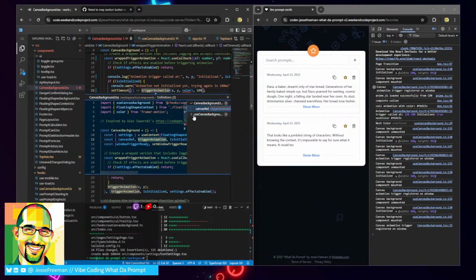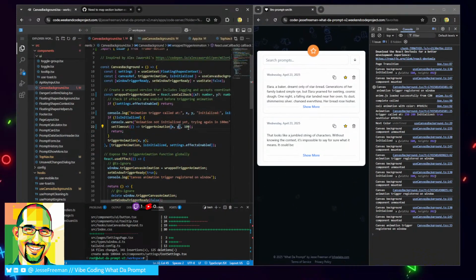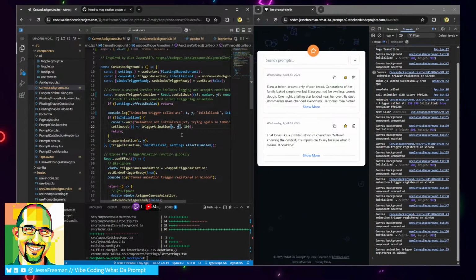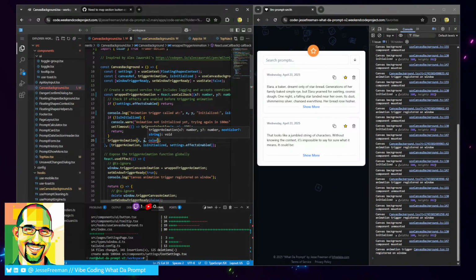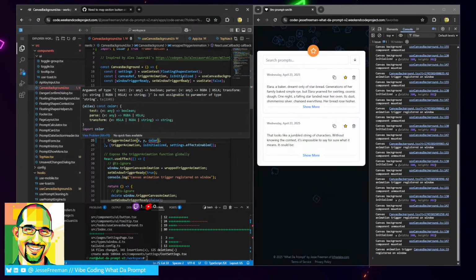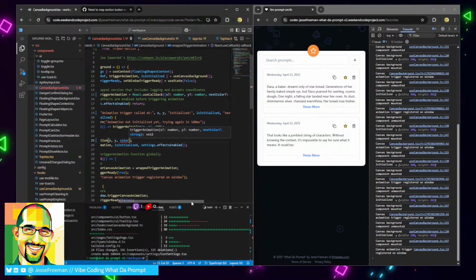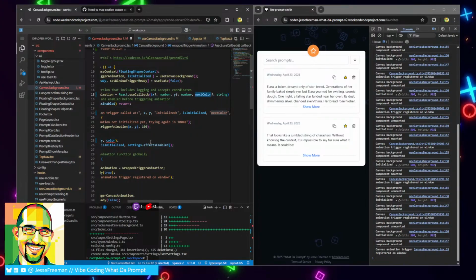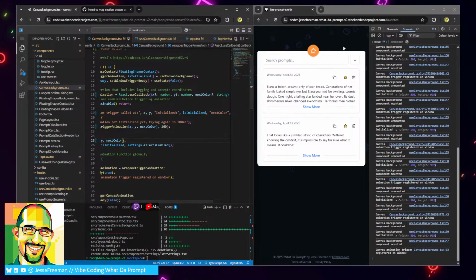Let's go look at this trigger animation. Why is this trigger animation... Is color not being passed in? Oh, next color, that's why. Sorry, so we're either going to pass it in here or we're going to pass it in here. And now,